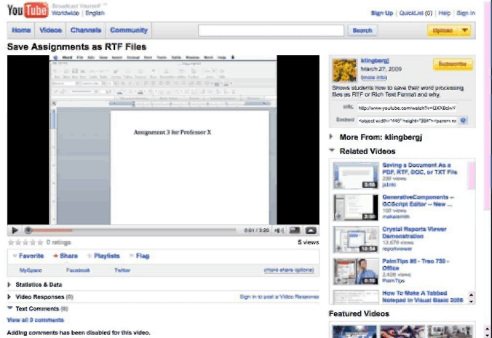So I want to draw your attention over here to the embed area. This embed code is the standard embed code. And we're going to be coming back to this. This is what we're going to be copying and then later pasting. So if you know how to copy and paste, you can embed any YouTube video or any video that you